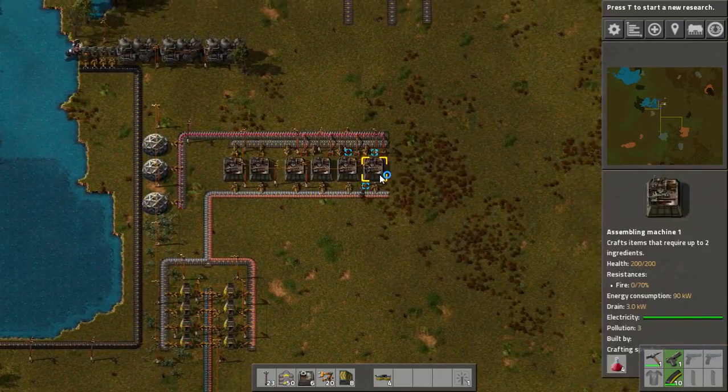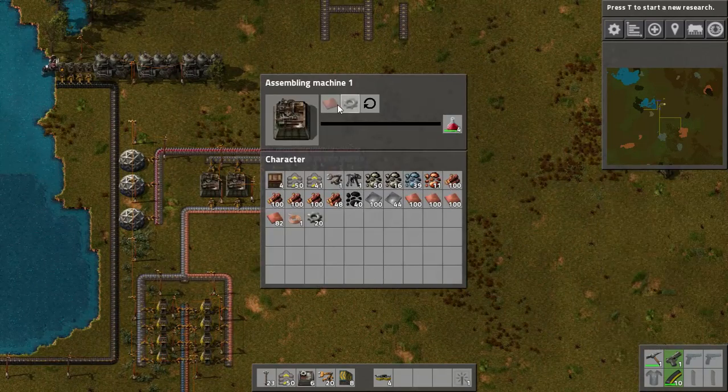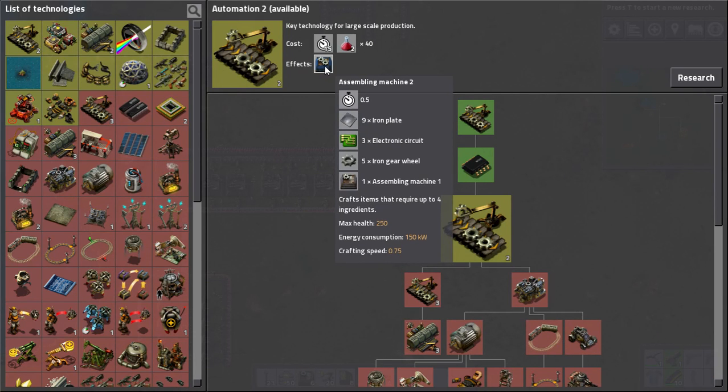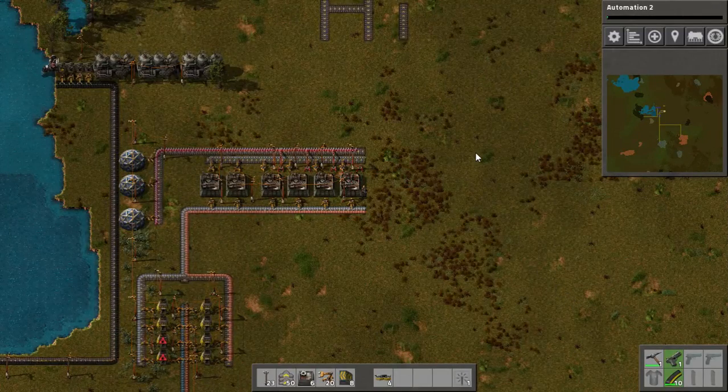And these assembly machines, assembly machine ones, can only make objects that have only 2 ingredients versus an object that has 3 ingredients. In order to get our 3rd ingredient, we need to upgrade our automation. And we'll get it with the assembly machine 2. So we'll start researching it. But in the meantime, we can start building our